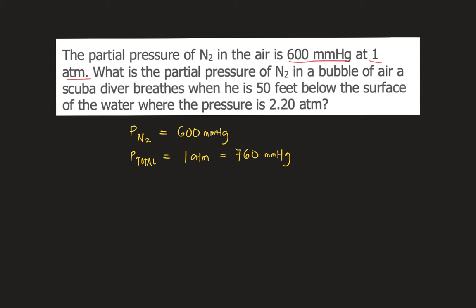So what can we get if we have the partial pressure of a gas and the total pressure? Well, we can get the mole fraction of nitrogen gas. The mole fraction of a gas is equal to the partial pressure of that gas divided by the total pressure. So the mole fraction of nitrogen would be equal to 600 mmHg divided by 760 mmHg. Make sure that the units are consistent. If your unit for the partial pressure of nitrogen is mmHg, your total pressure should also be in mmHg. So 600 divided by 760 is equal to